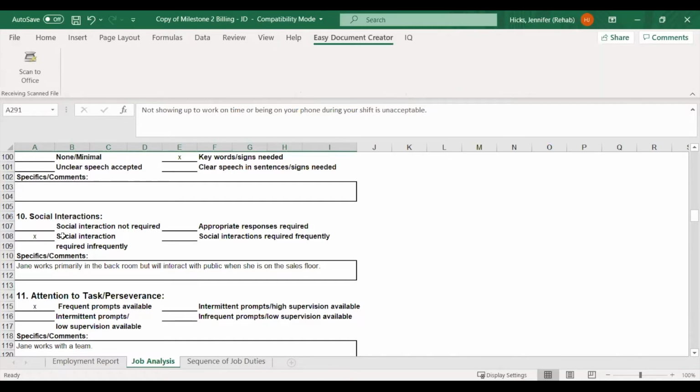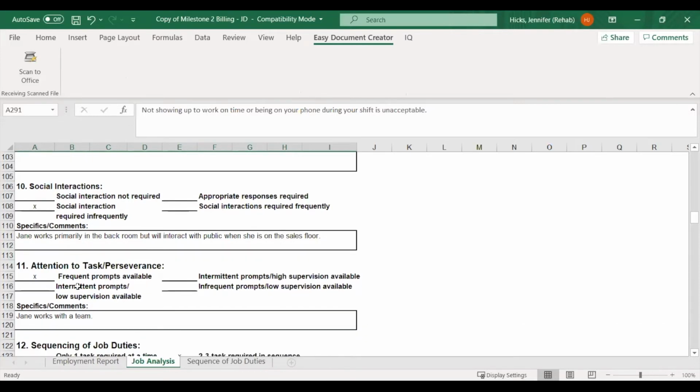And that's also something you can job coach on. If their main job is to be in the back, but they're going to have to come out some, and that makes them really anxious or nervous, then a job coach can go out and kind of help them work through that a little bit. It would be the goal anyway.